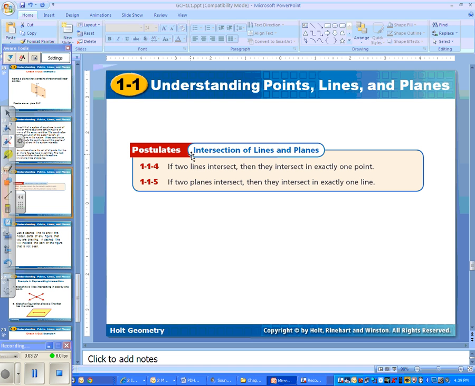Okay, so here's some more postulates. If 2 lines intersect, then they intersect in exactly 1 point. This is one that maybe you guys aren't as familiar with, so let's try it out. Here's a line, and here's a line. Okay, so talking about the 2 red lines, where do they intersect, right? This is a point. It will be a point. So if they intersect, then they are going to only intersect in 1 point. Okay. And then another one is if 2 planes intersect, then they intersect in exactly 1 line.